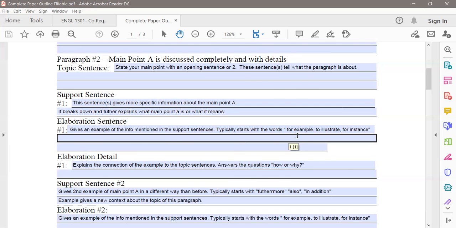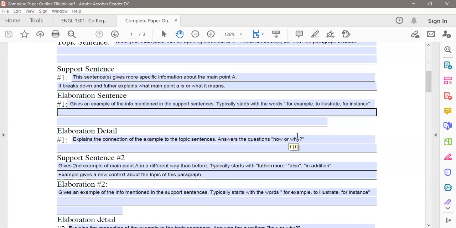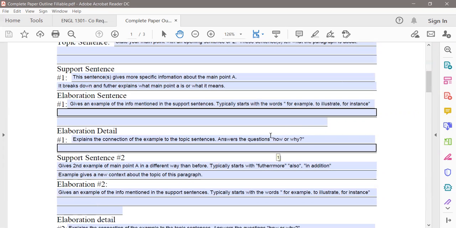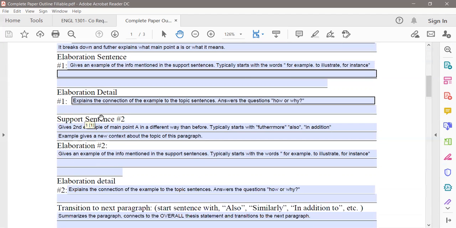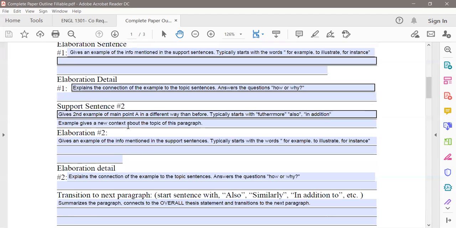Your next sentence is the elaboration detail. It's going to explain the connection of the example to the topic sentences. So this sentence or two explains or answers the question, how or why? How or why is what I just read connected to the overall topic sentence and the overall thesis statement? So then you're going to do this again with a second support sentence, a second